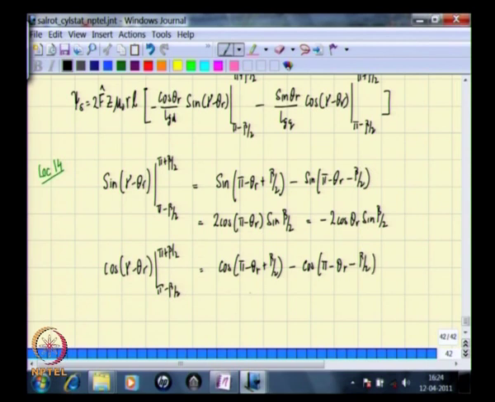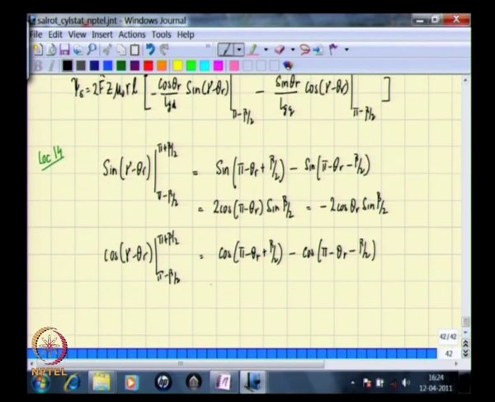This is of the cos a plus b minus cos a minus b form. So that is nothing but minus 2 sine pi minus theta r sine beta by 2,